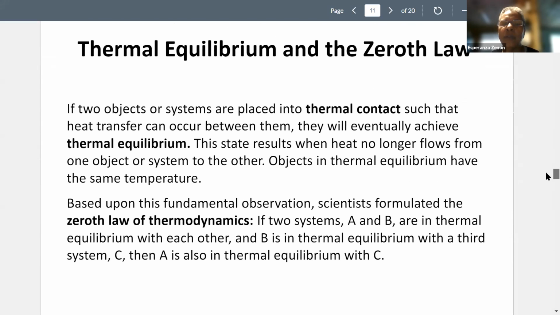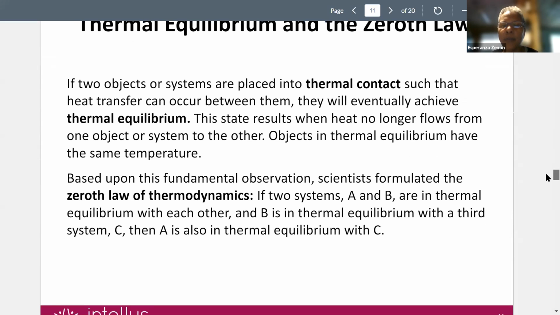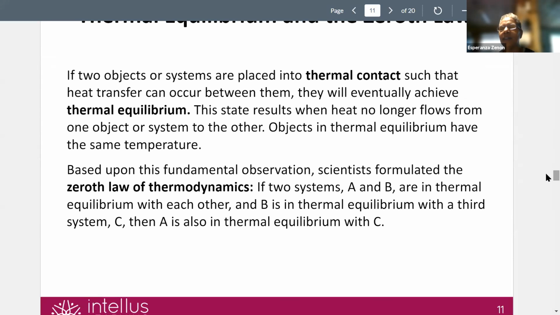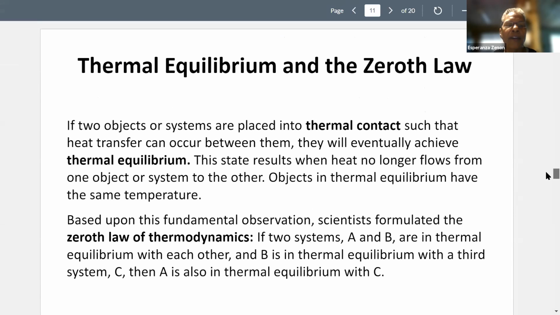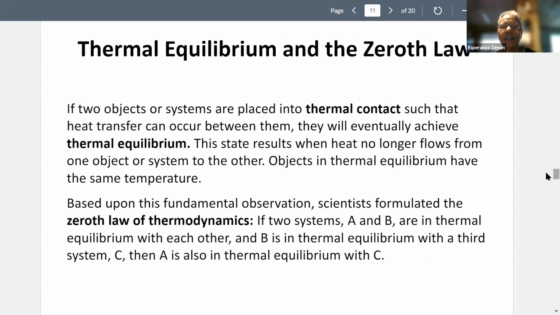We won't get to, I'll just briefly mention this zeroth law of thermodynamics. It's funny because typically you think first law, second law, third law, but after scientists found those other laws, they realized that there was something even more fundamental that is based on temperature, okay? And so they call that the zeroth law of thermodynamics. So after you found the first and second law, go back and set up the zeroth law. So they weren't exactly figured out in order.